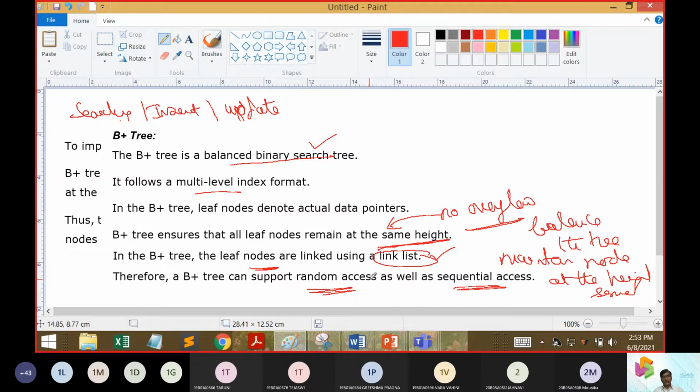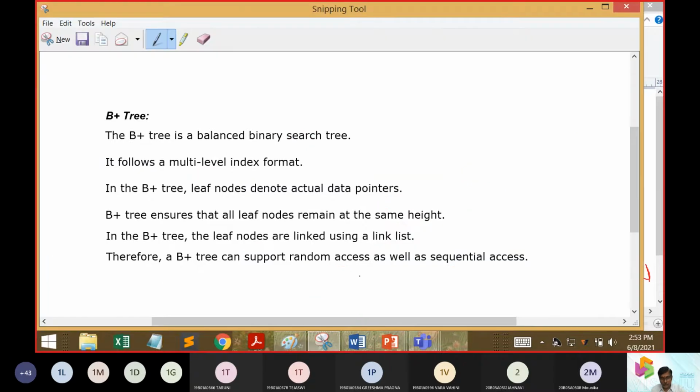When we split, when we merge, when there is an insert or an update operation, then definitely we have to maintain the node. Definitely we have to reorder, or rearrange the tree. So in that case, we should ensure that at any point of time, the height is going to be maintained, etc.